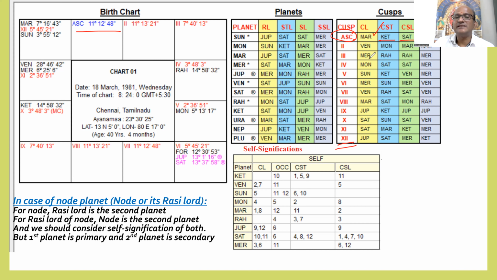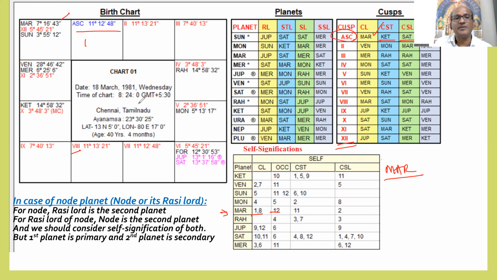Now, when we are taking a planet's significations, suppose we want to check Mars, what do we do? You take Mars here. Mars is the Lagna Lord and the 8th Lord, posted in the 12th house. Lagna Lord and 8th Lord occupying the 12th house. Only with this we stop, right? Cuspal lordship and occupying house. That's what I was explaining in the previous example. Mercury is lord of 3 and 9, occupying so and so house. Similarly, we take the same way.